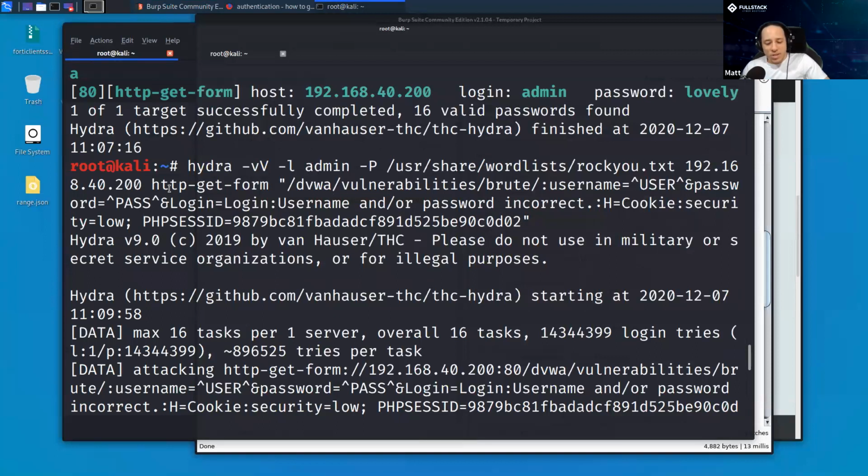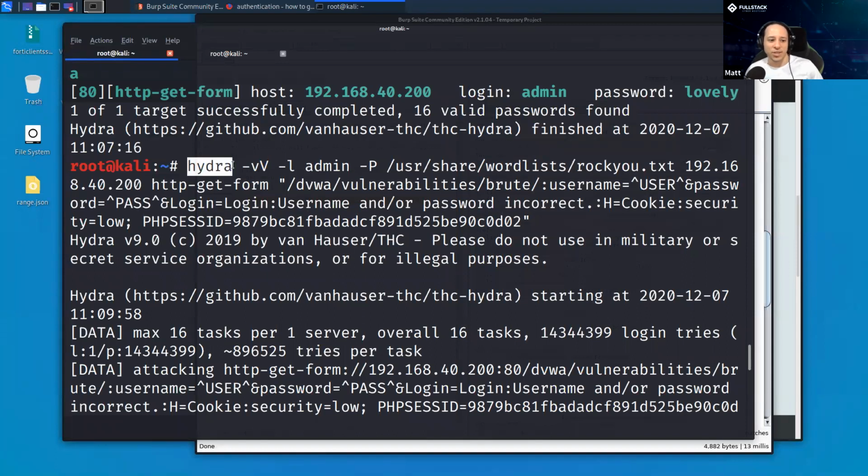Cool. There are other tools that do the same thing. Hydra is just one of them. But I really want you to take away from this how we brute force these attacks. Well, try and log in with a valid username and a potential password. Take a look at what the response is. If it's not in, try something else, right? It's a very stupid tool. So it's up to you to set it properly.